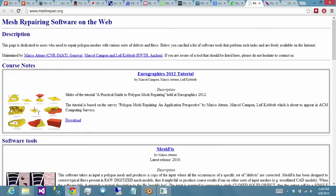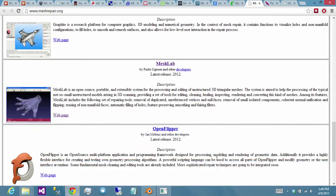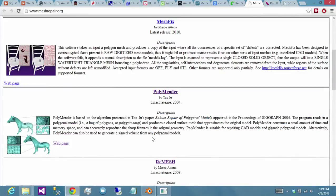So I found this website. I was searching for, I don't know what I was searching for, probably mesh repair. And it has a link to a bunch of applications for repairing meshes and so on. And I'd seen MeshLab used before, but I didn't find a tool to fill in all those holes in MeshLab that did a very good job. What I ended up using is Polymender, which is a console application, which I'll show you in a second,